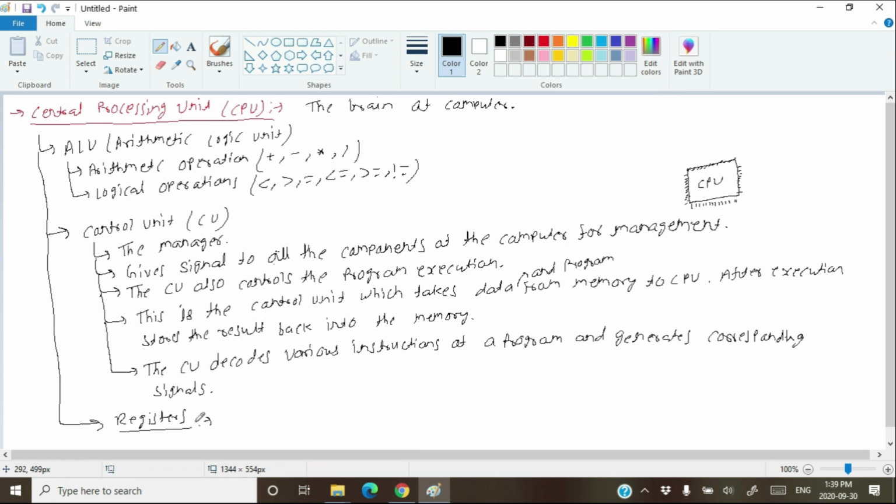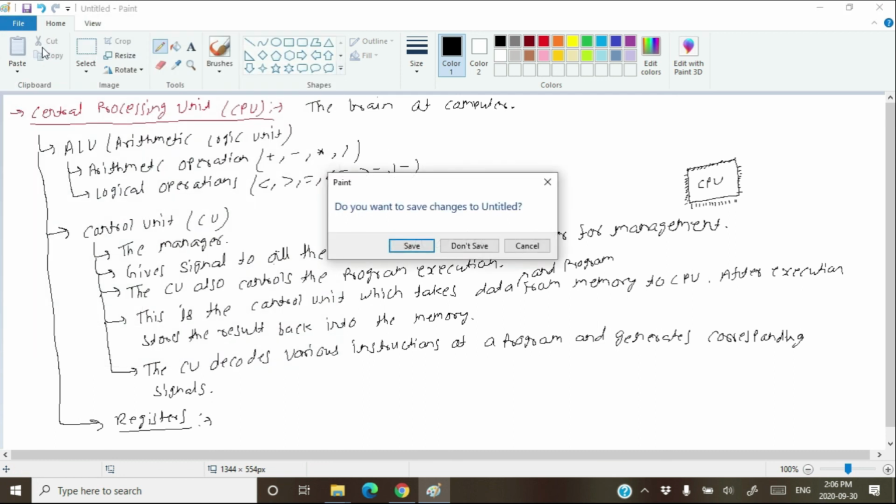Then the ALU takes all those instructions and data from the registers and does its arithmetic and logic operations. So hopefully now the picture is clear in your mind. So till now we are done with the input unit, output unit, and central processing unit. And now let's start the discussion of main memory.